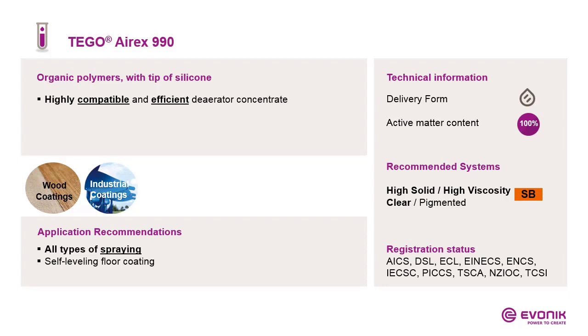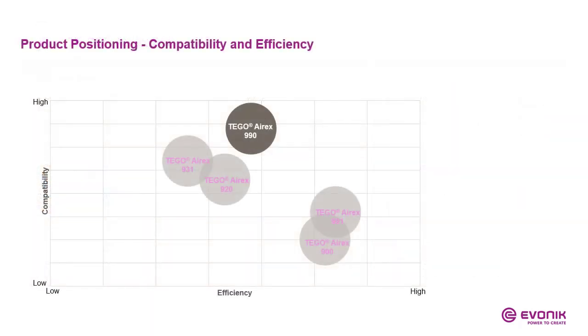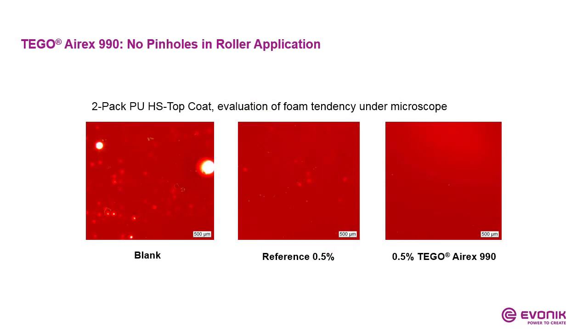It is very important to note that it is one of the first recommendations for spraying application, roller application, and self-leveling floor coatings application. This efficient but compatible deaerator will be positioned on the top middle corner of the graph. Remember, it is suitable for all types of spraying application. If you do not want to have any pinholes while applying with a roller, TEGO Airex 990 is a safe